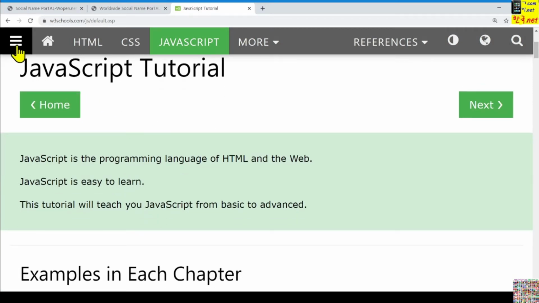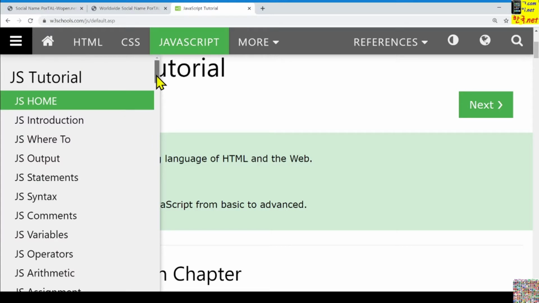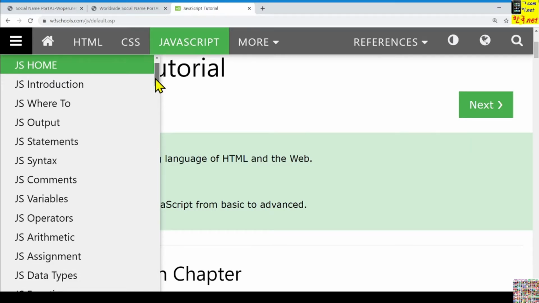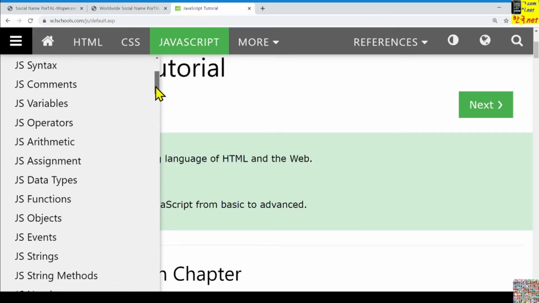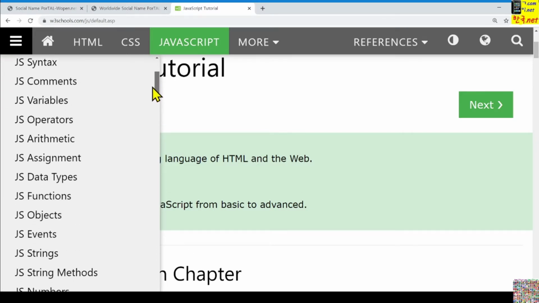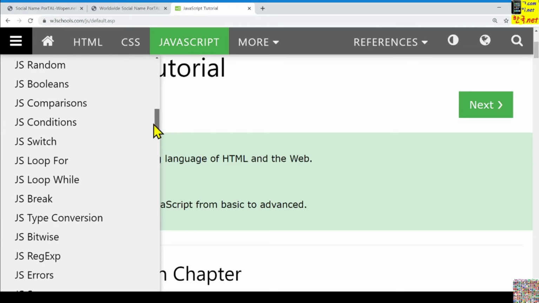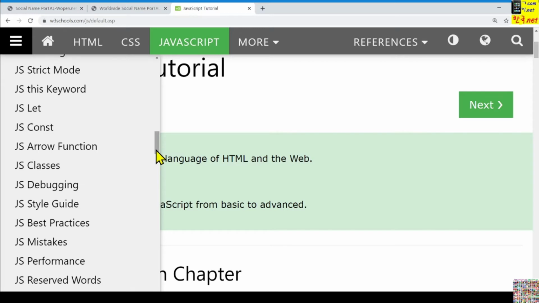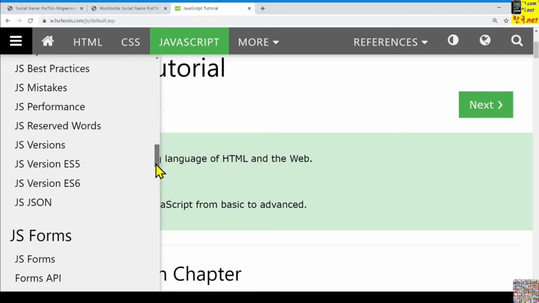Let's look at the menu of this tutorial first. Here are many chapters in this JavaScript tutorial, and we will try to complete all of them, but some chapters may be skipped, and I will announce that later, because those skipped chapters will be omitted or excluded from the scope of online quiz number 2, as well as the final exam.